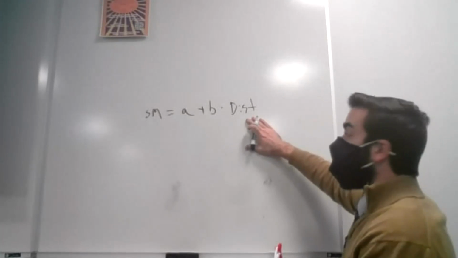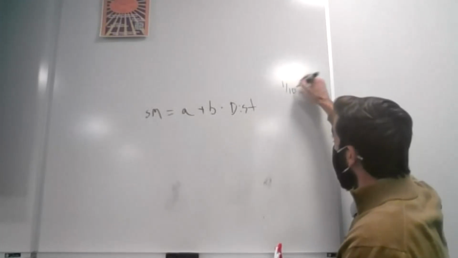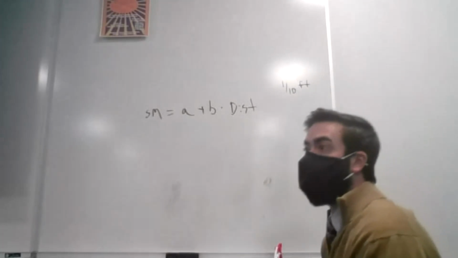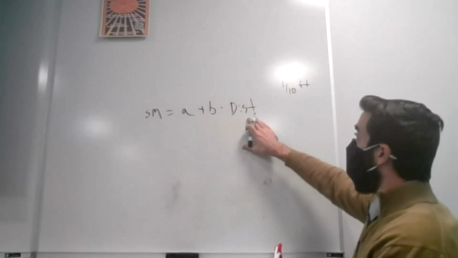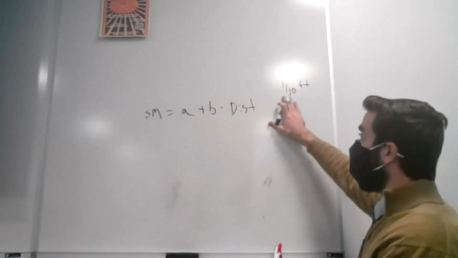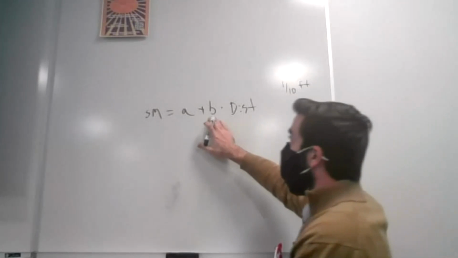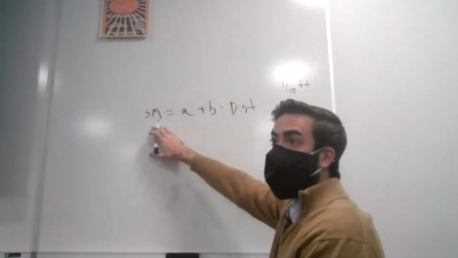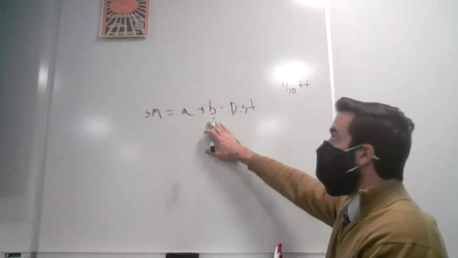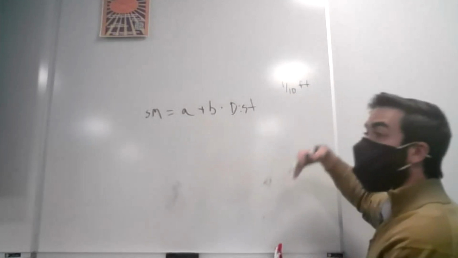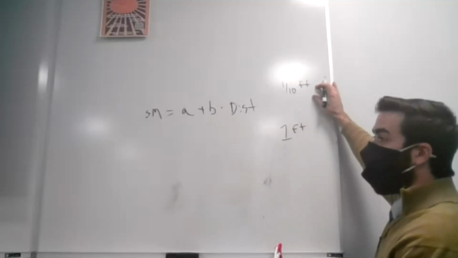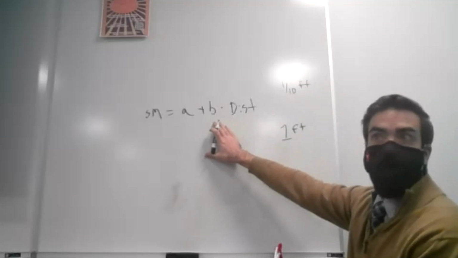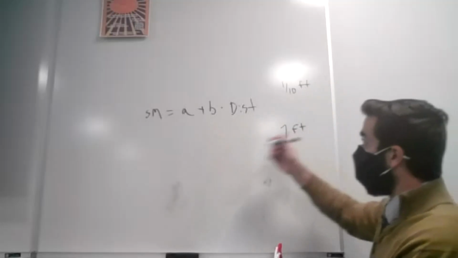So if this was measured in 1/10 of a foot, B is the impact of moving back 1/10 of a foot, or being 1/10 of a foot further from the basket. The effect on your making the shot would be whatever B is. But if I want the effect of, say, moving back an entire foot, well, if this is the effect of 1/10 of a foot, the way I get the effect of an entire foot would just be